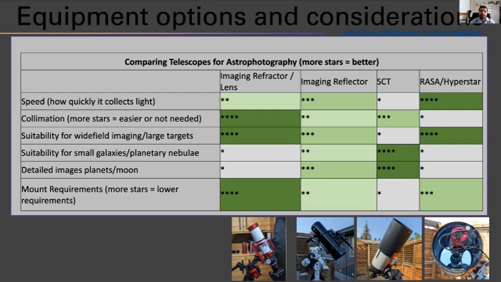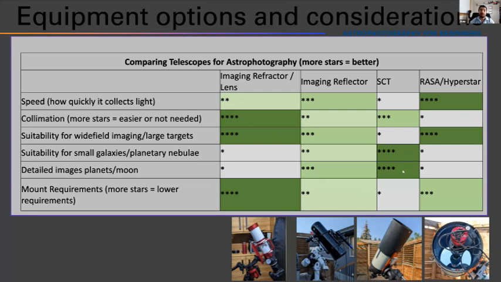Most imaging reflectors have a high enough resolution due to the fairly large mirror, between 6 and 12 inches, that they will give you good details on the planet or the moon as long as you use a Barlow. And for lunar or planetary or solar imaging, you can use a Barlow, unlike deep sky. So imaging reflectors, 3 stars out of 4, they're pretty good for that.